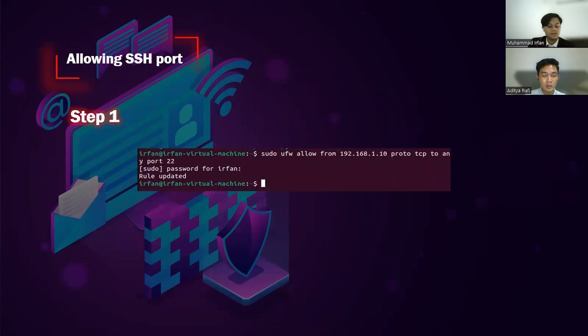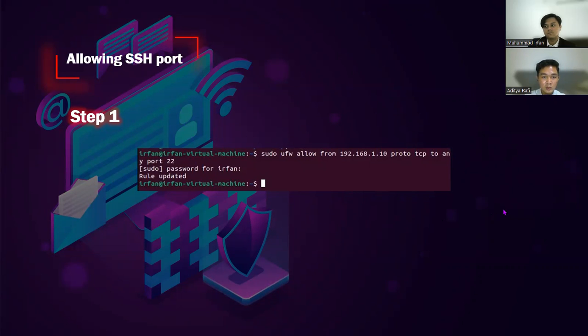After we know about the configuration and download of UFW in Ubuntu, next we get into the topic of our discussion, namely the implementation of allowing and blocking on the firewall. Step one, we try to give permission to port 22, namely SSH, as remote control access from client to host.